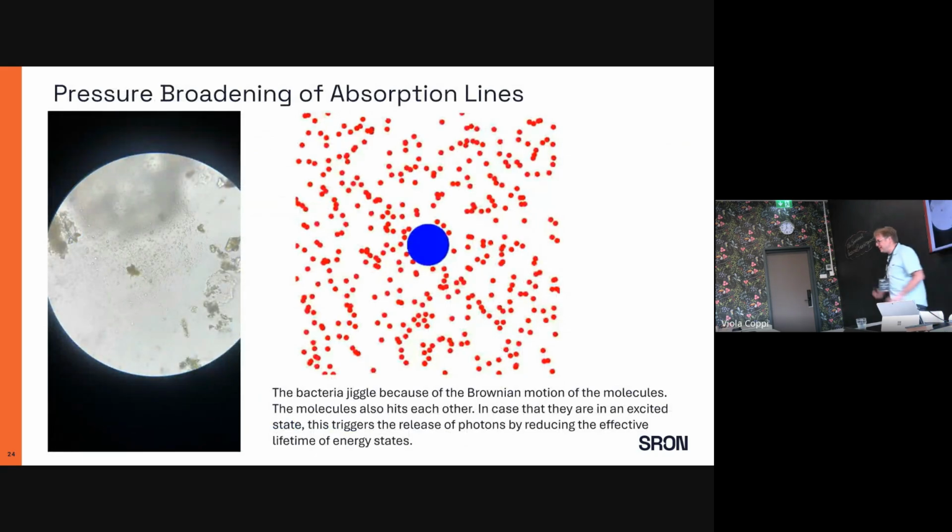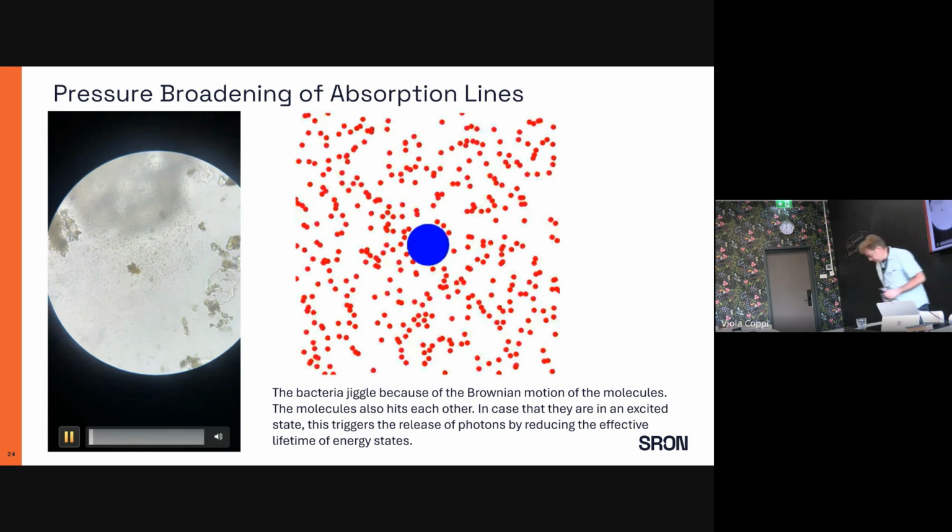So I want to show you now two physical processes which cause the width of these lines in the atmosphere, which is not the lifetime. The lifetime-related width of the line is too narrow for a classical effect. And the first one is called pressure broadening or collision-induced broadening. And therefore, I want to start with that little movie